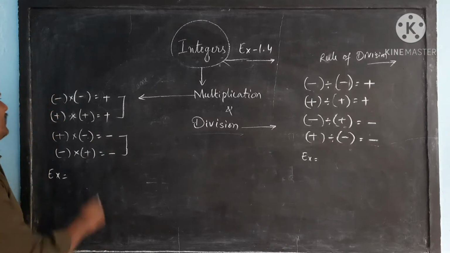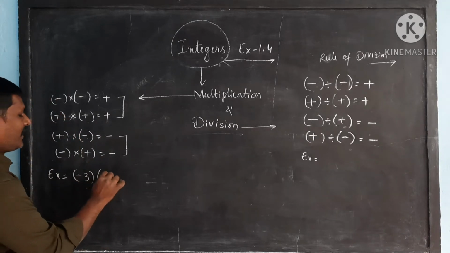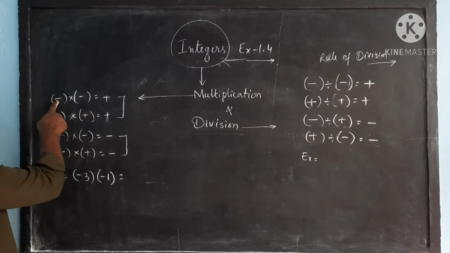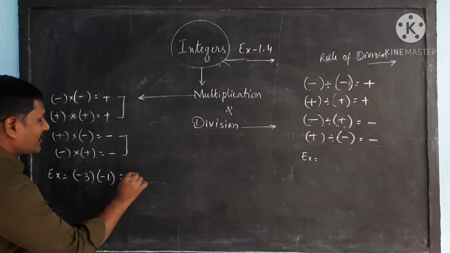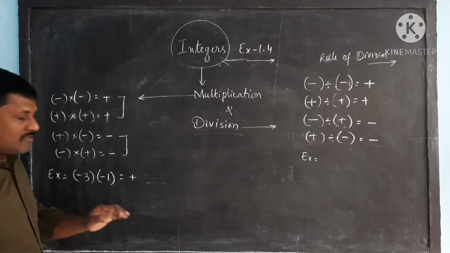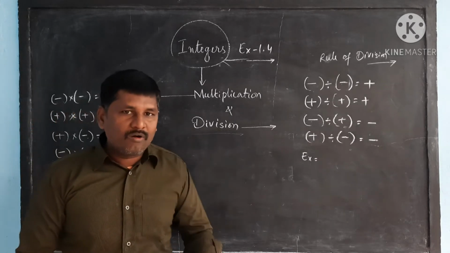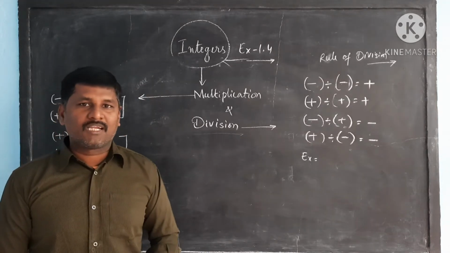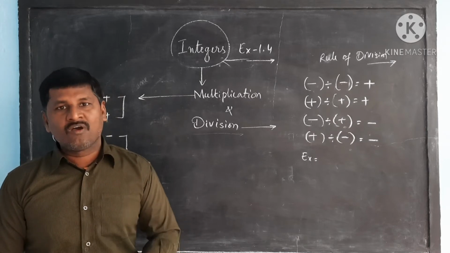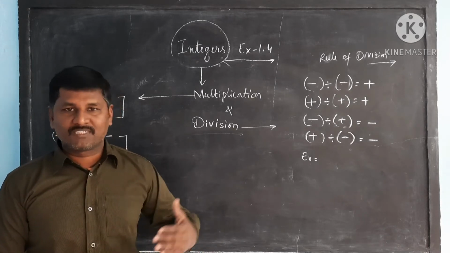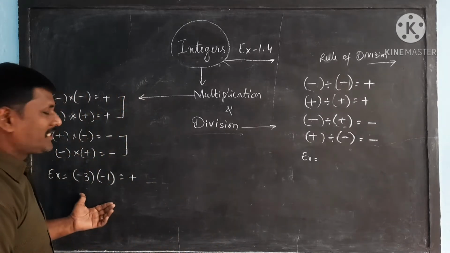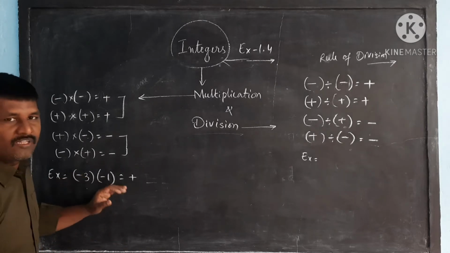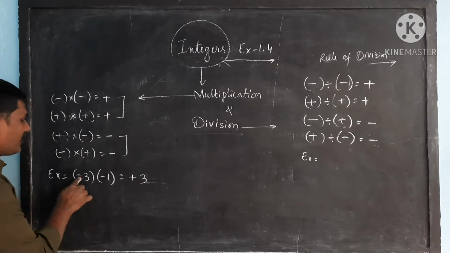Let us take an example: minus 3 into minus 1. Both the numbers have minus signs. So minus into minus, you get plus. You can write the plus first, then multiply. First you have to see the signs before you multiply. Most children make mistakes in the signs only, because they know how to multiply the numbers; they have been doing it since class 1. There is no mistake in numbers, the only mistake is in the signs. So let us take care of the signs while multiplying. 3 ones are 3, and since both are minus, you write plus.